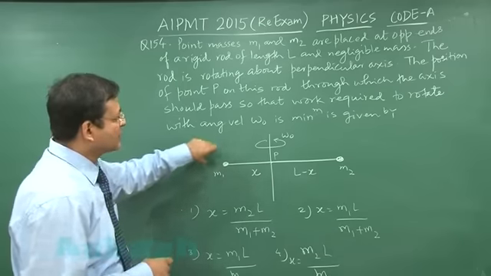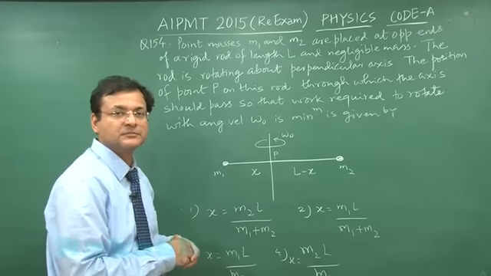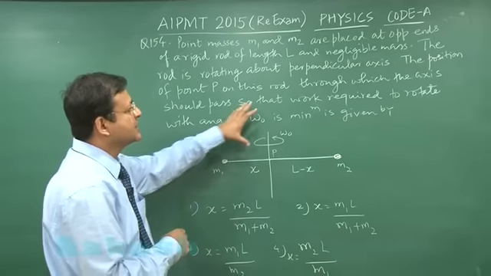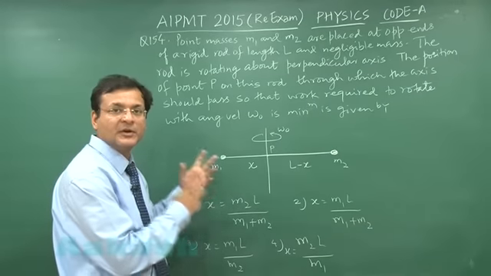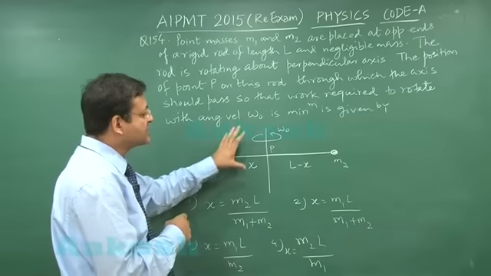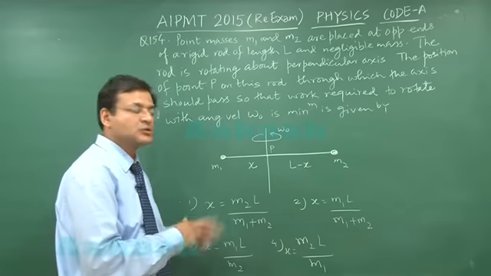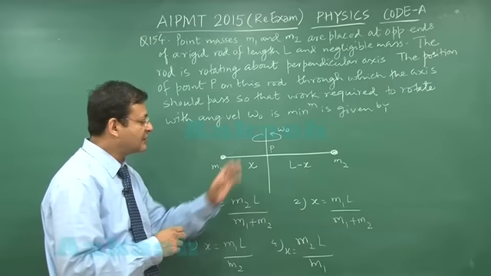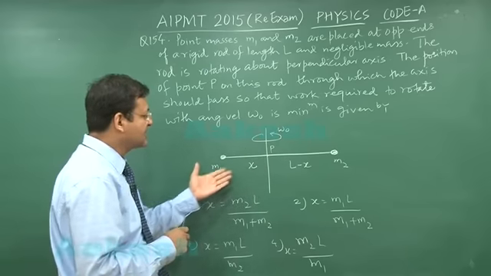It's saying that you have a rod and you want to rotate it about an axis so that energy required is minimum. This is what you want. You see, when energy required you want minimum for a particular omega, that means the moment of inertia in the question should be minimum, and moment of inertia is minimum only about that axis which is passing through the center of mass. So all you have to do in this question, that you have to locate the position of center of mass, that is simply x.